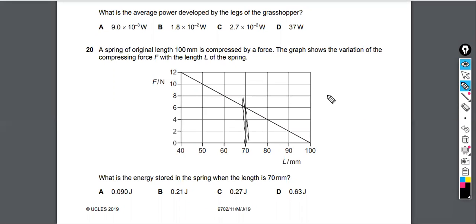So the area that we're taking is the area of a triangle, 1/2 base times height, where the base here is the change in length. And so 100 millimeters minus 70 millimeters is 30